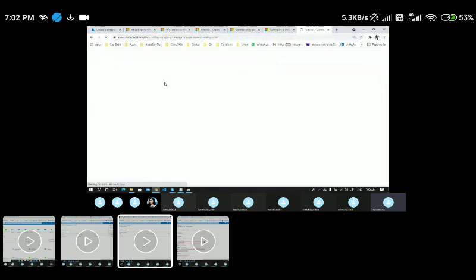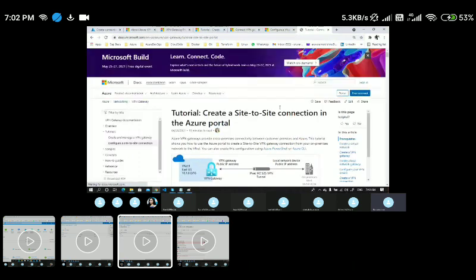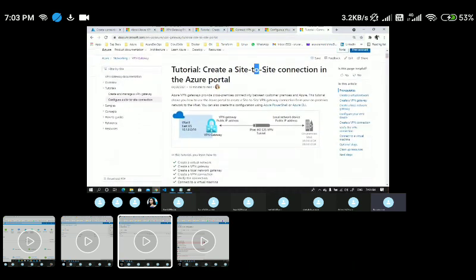Here you could see create a site to site connection in the Azure portal. We generally create a site to site connection if you want to establish connectivity between your on-premises data center network and the Azure network.